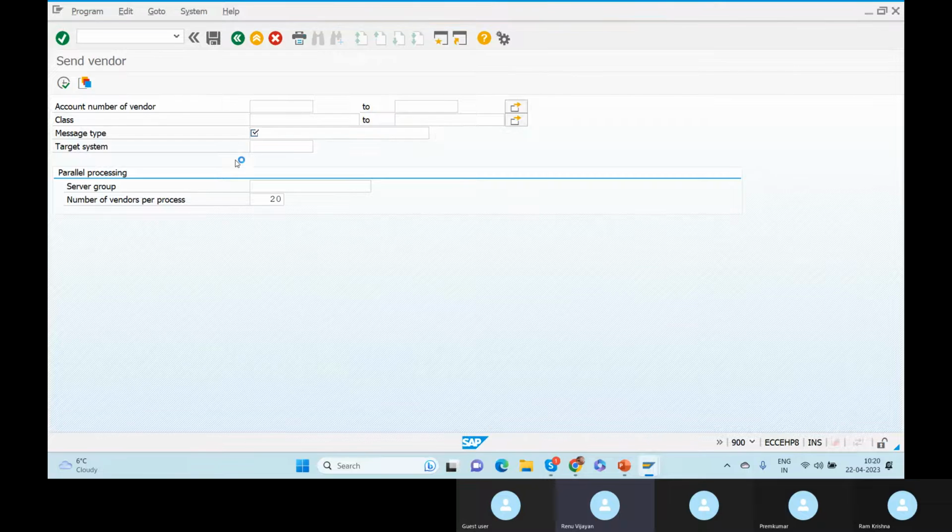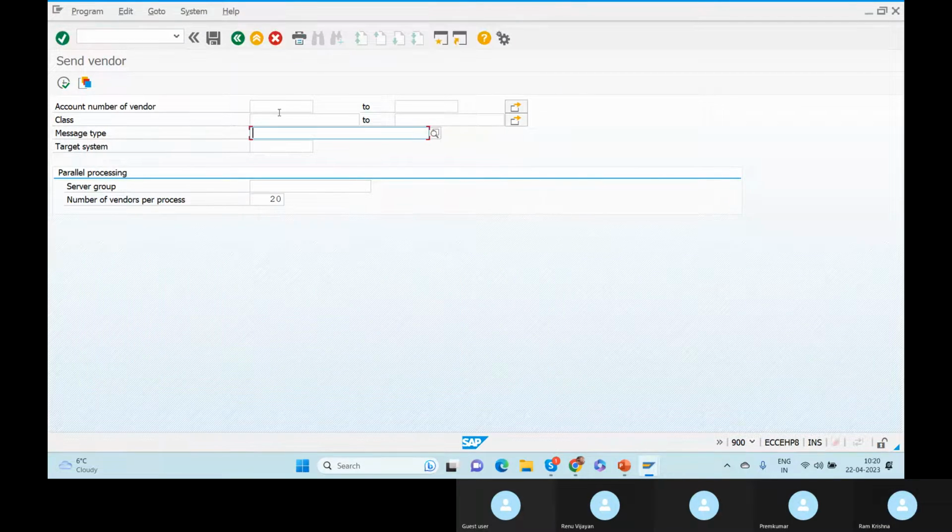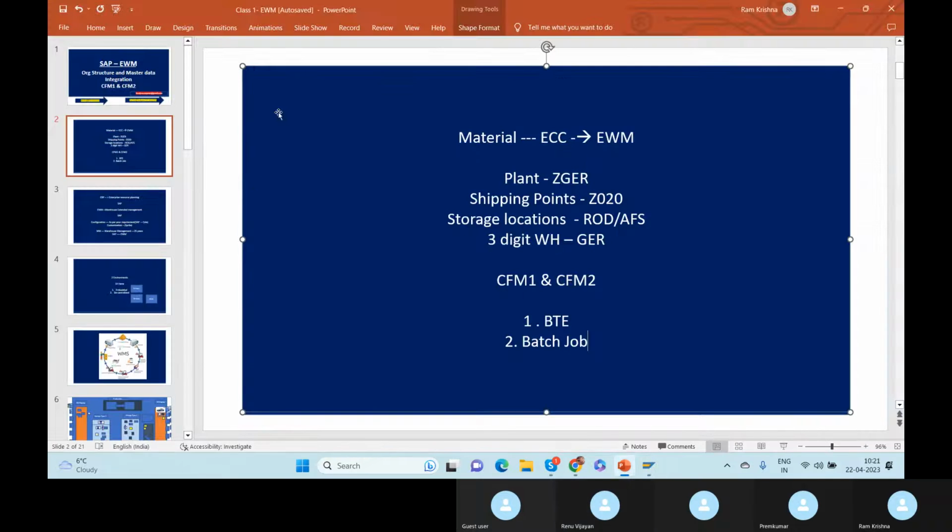How can we create a new message type here, Ram? You cannot create a new message type yourself. That is part of the technical team's work, they can create a new message type. As a functional consultant, you cannot create a message type. Okay, so whatever we are